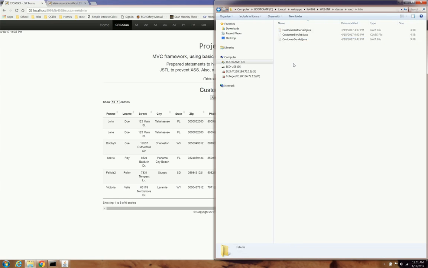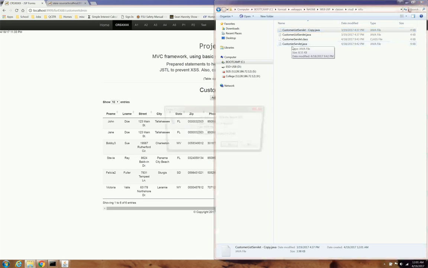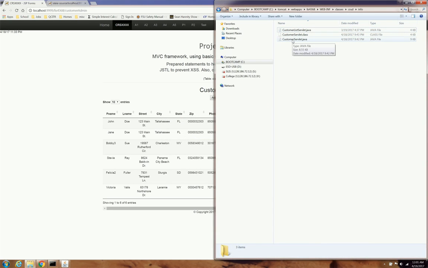And there's substantial changes. First of all, we changed the name of the servlet from customer list servlet to customer servlet, and you can compare this with your own code. But the first thing I would do if I were you is make a copy of customer list servlet. Just do Control-C, Control-V, or if you're on a Mac, Command-C, Command-V. Make a copy of it, change the name to customer servlet, and then make the following changes. So customer servlet,